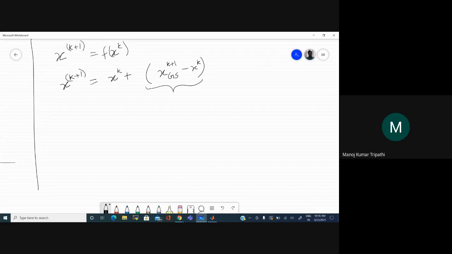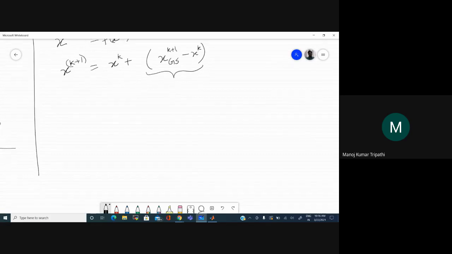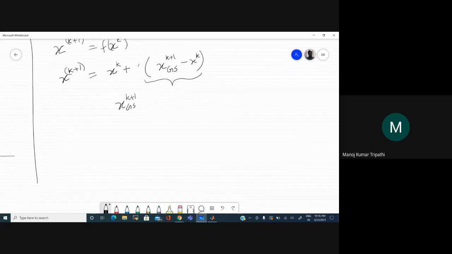If you just have 1 here, then xk will cancel out and you will get x GS k plus 1, which is the Gauss-Seidel solution.